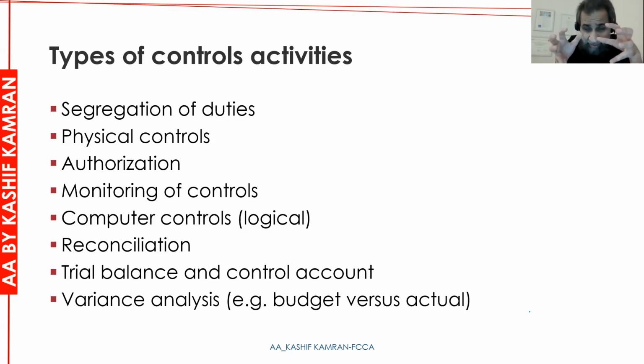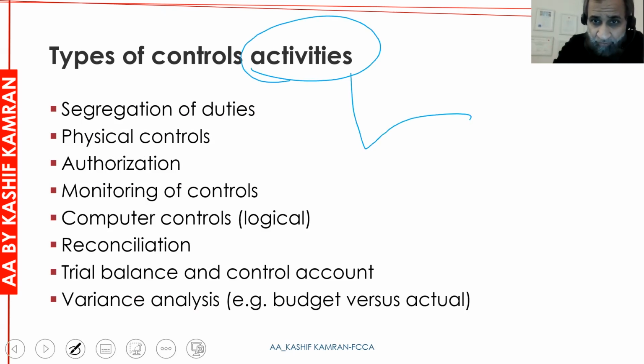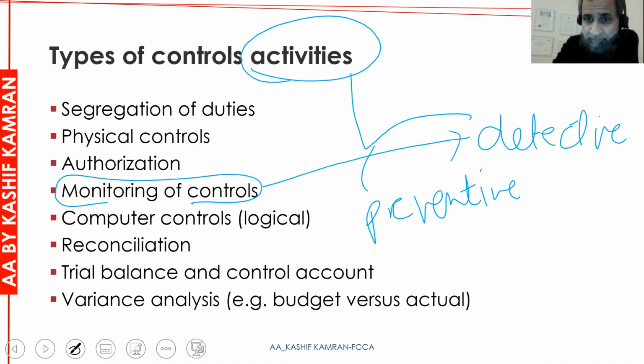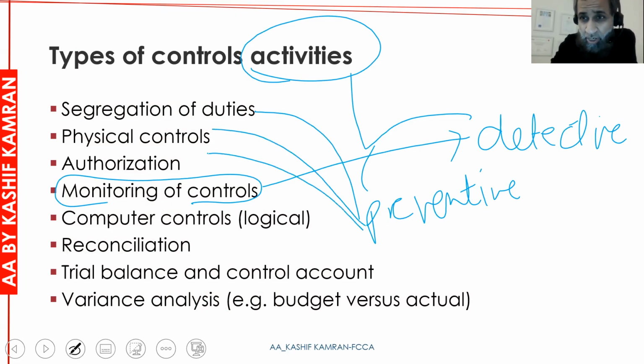So you have activities in place for stopping something from occurring. But if something does occur, you have 2 types of activities, right? One is a preventive activity, stopping something from happening. And you have a detective activity. If something has happened wrong, you need to detect it. So I think monitoring of control is a detective activity, right? Segregation of duties, physical controls, authorizations are preventive measures from stopping something from happening. So one is preventive, one is detective. Computer controls like passwords,